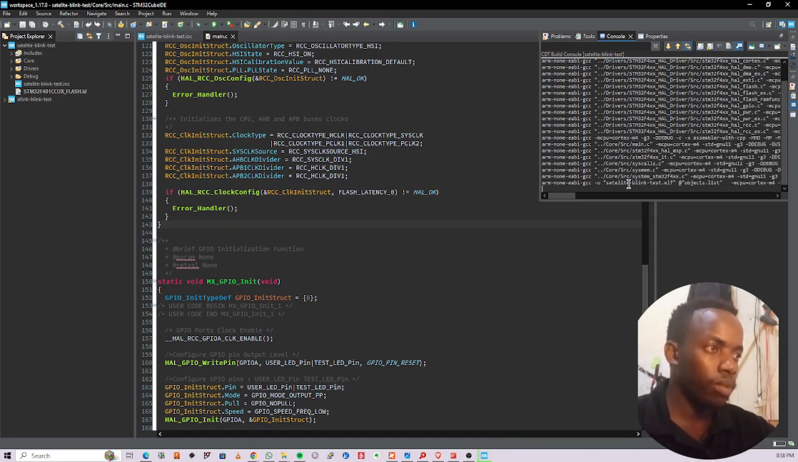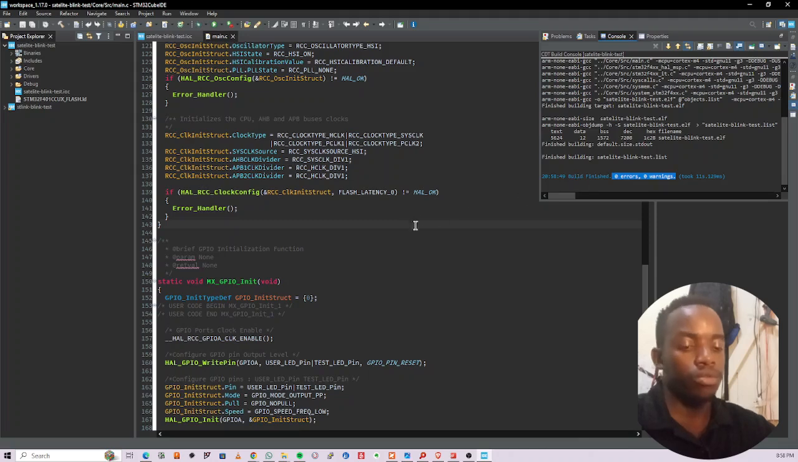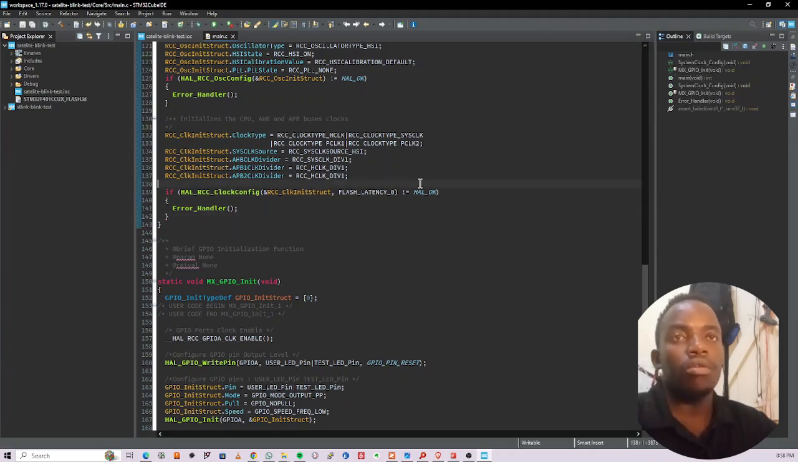So right now it's compiling. Finished building, 0 errors and 0 warnings, 11 seconds. Okay, so now I'd rather use VS Code, as I have said. So what you do, you just need to point your entry function to a different